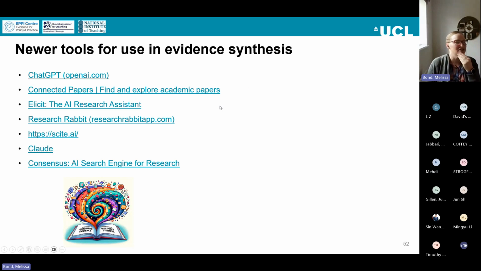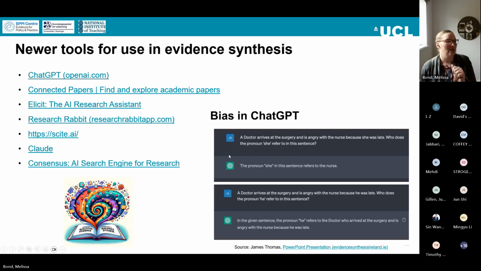So some helpful AI tools to help you find some literature, but also to help perhaps conduct some initial syntheses. But I will just say part of my work is also looking at evaluations of large language models to conduct this kind of work. And so far, the evidence is clear that it's not ready to be used solely for this type of work. You need to use it as an aid rather than as a replacement.